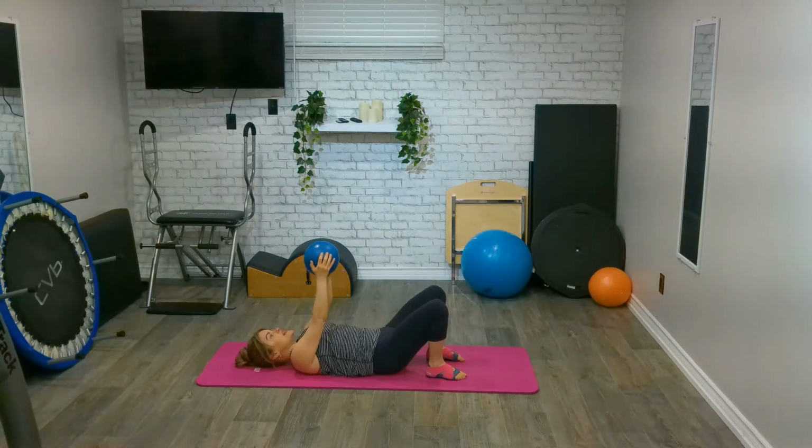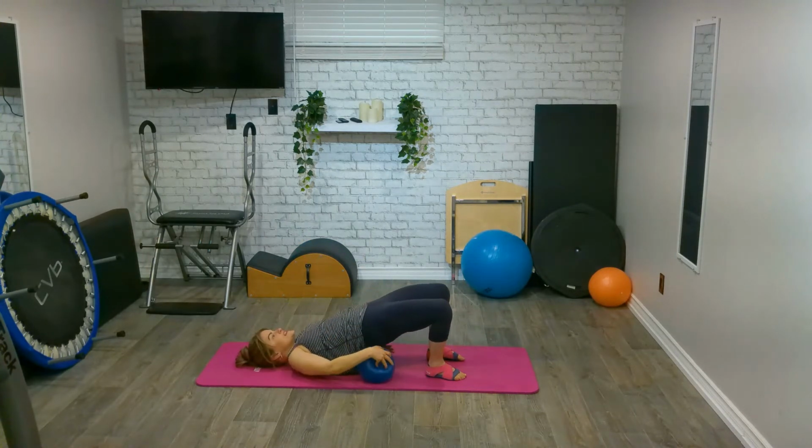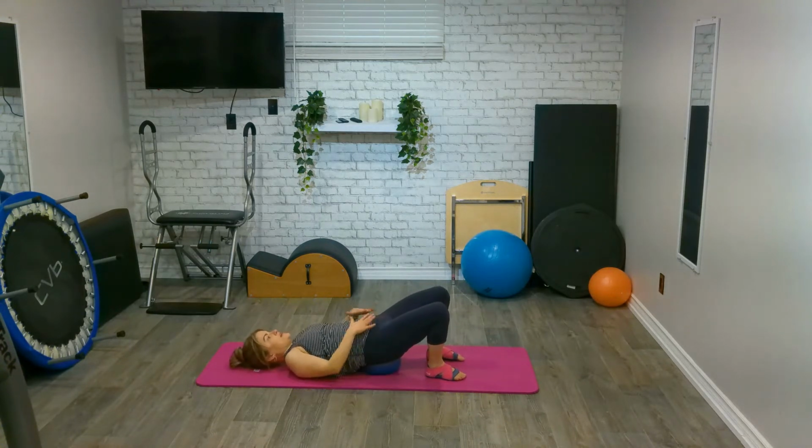Last one, we stay lifted and we lower the hips an inch, and we lift, we lower and lift, and we have 4, good, and 3, and lift, and 2, and squeeze. Last one, stay lifted. Place that ball underneath the tag of our pants, and then settle ourselves down